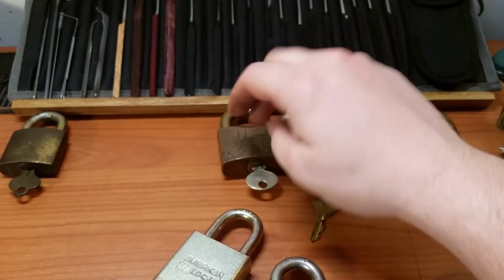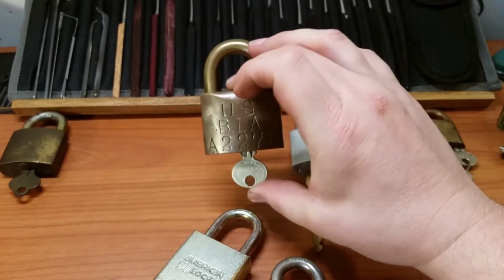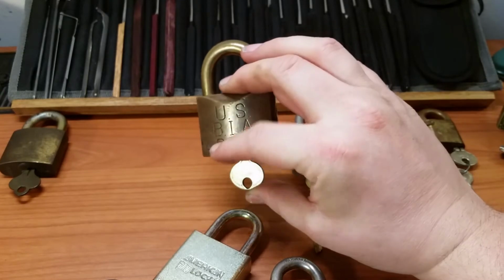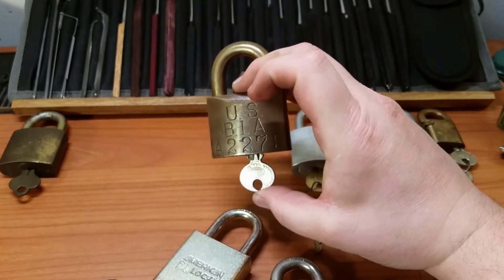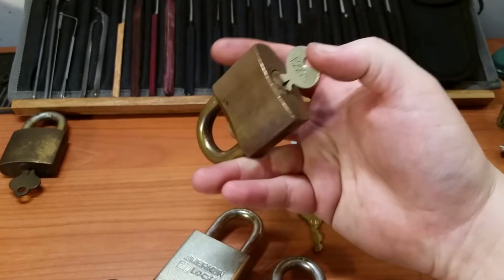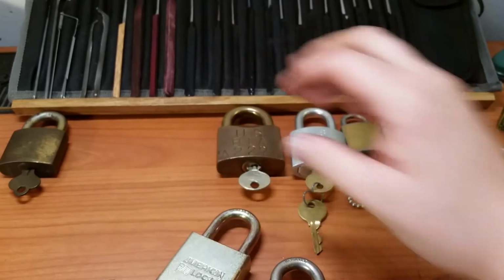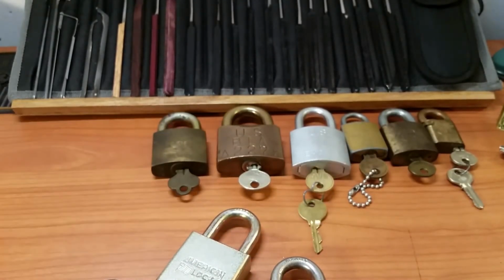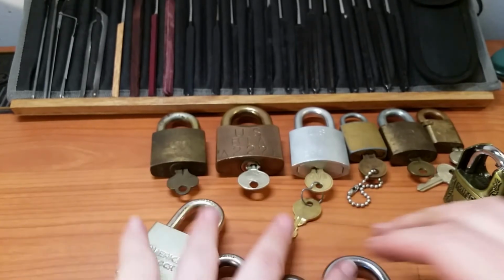This one I really like. It's another Corbin, by the way. It has a Corbin key at least. So I guess that nixes my speculation on what the BIA stood for, the manufacturer or not, since it's a Corbin key. But you know, I'm still slightly ignorant on some vintage locks, and I'll probably hang on to that Eagle there too. These Mindys, they might eventually see the trade circuit once I get them picked on video. So let me slide this stuff out of the way,